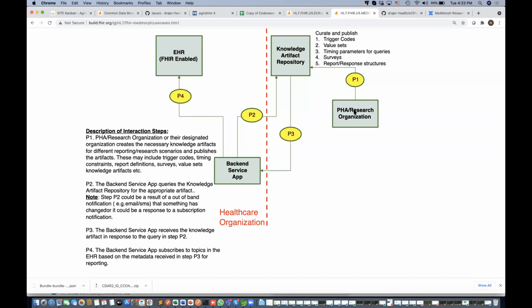and P4. In step P1, the public health agency is defining the knowledge artifact and depositing it in this publicly hosted knowledge artifact repository. A backend service app or an EHR. EHRs can implement all this functionality natively, but in our systems and diagrams, we have shown the backend service app being external to the EHR and implementing it so that we don't increase the burden on the EHR vendors to start with. And also it is a pluggable component that can live on top of the EHR as a module